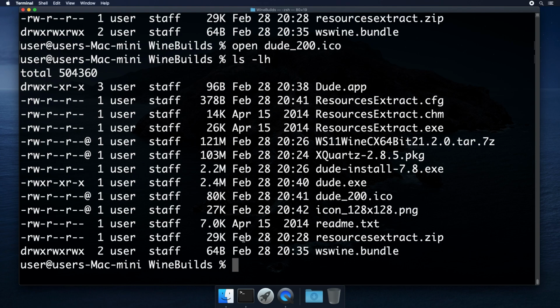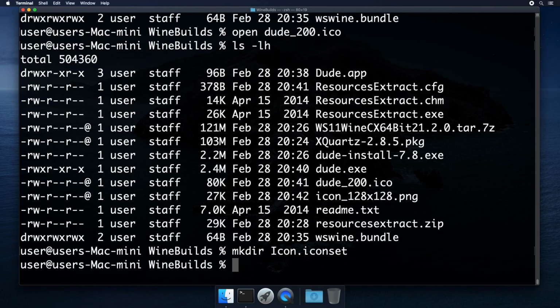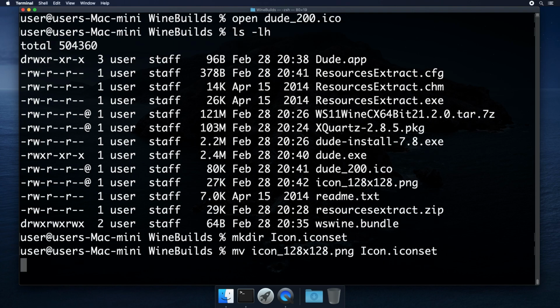Now we need to convert it, so we need to make a new directory, capital I, and then icon.set. We're going to place that icon in that folder we just created. And then we're going to run iconutil.